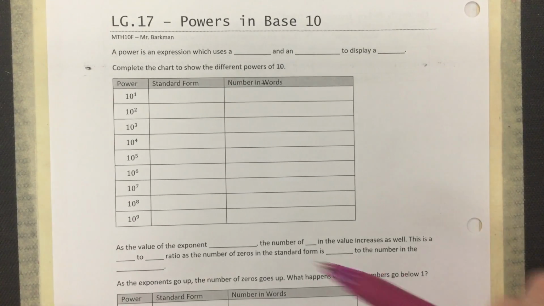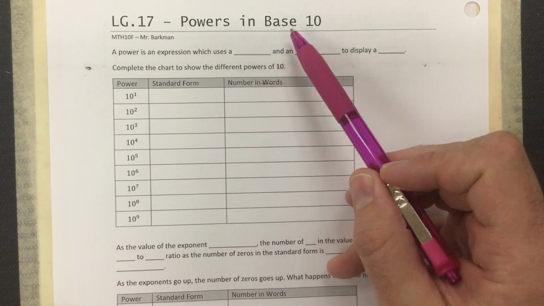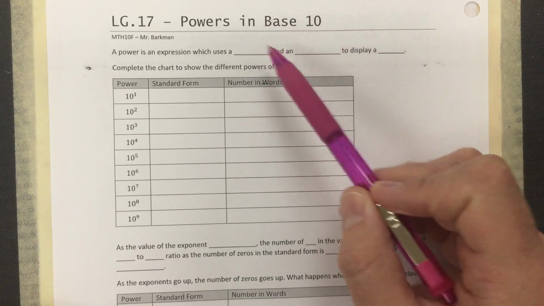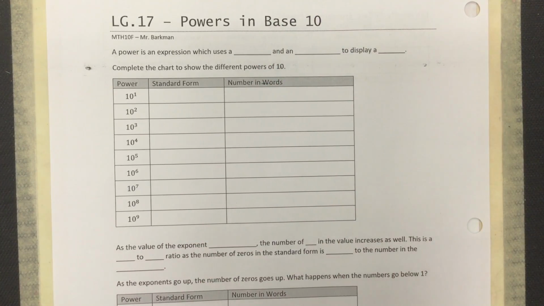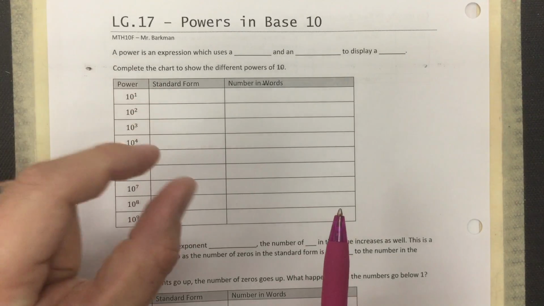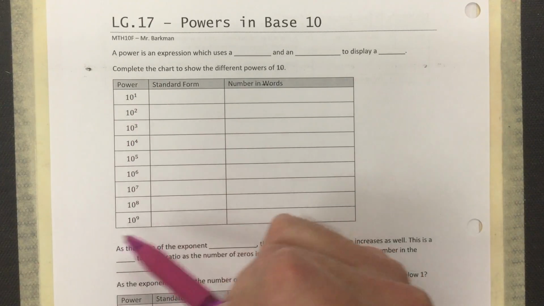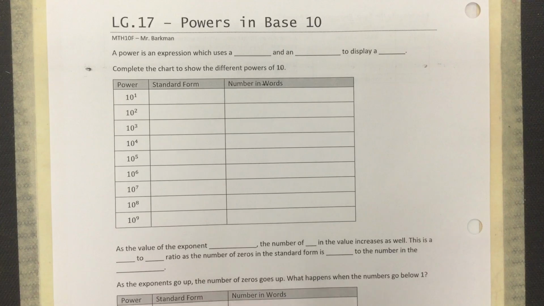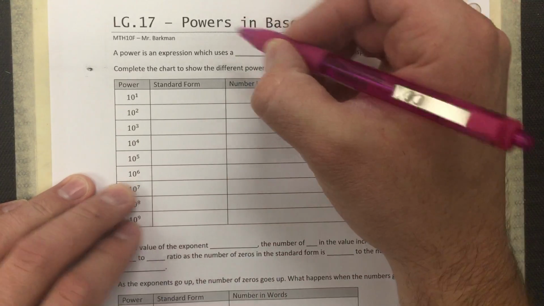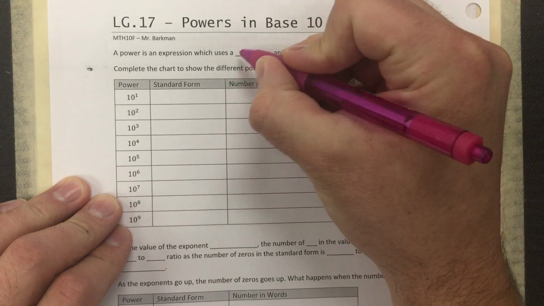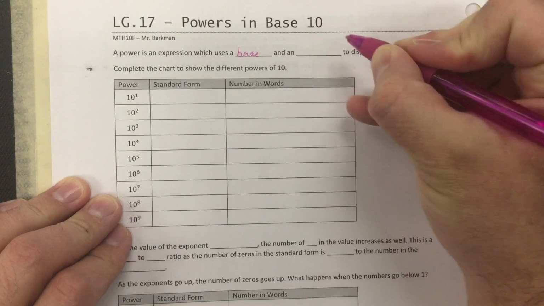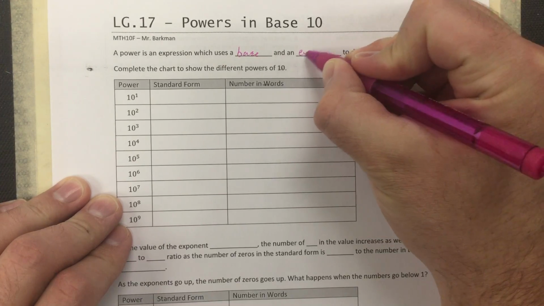So we're going to take a look this time at certain powers, and specifically we're going to look at ones that are base 10. And so what that means is we're going to look at what is 10 to the power of something. And you'll notice we have a bunch here that we're going to take a look at, and what do they represent. So first of all, a power is an expression which uses a base and an exponent